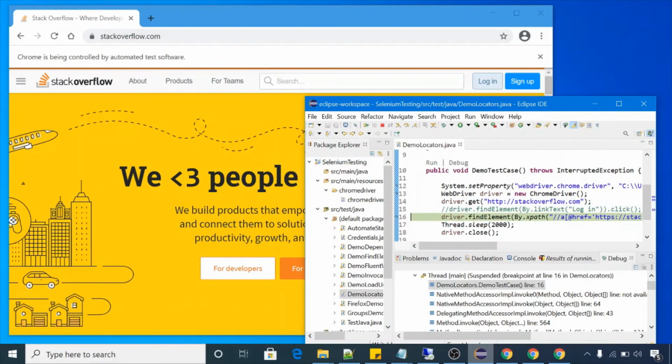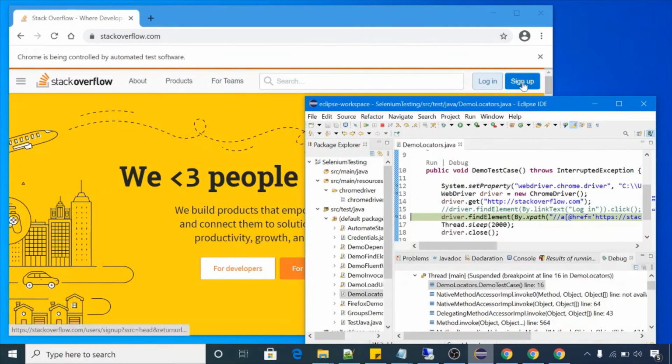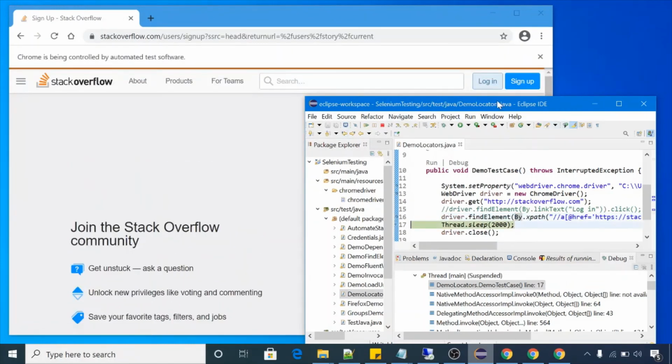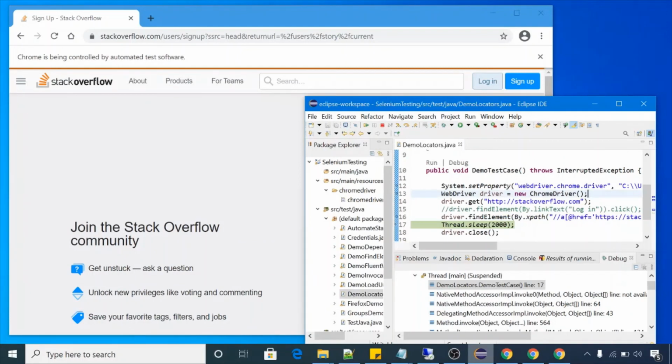Now this find element will find the sign up button and click on this element. Just press F6. Have a look. So we are at the sign up page. It clicked on the sign up button, and let me press F6 again, and driver.close will close the browser.